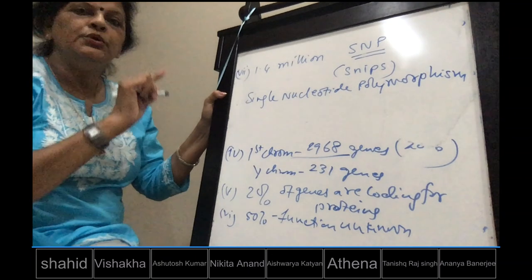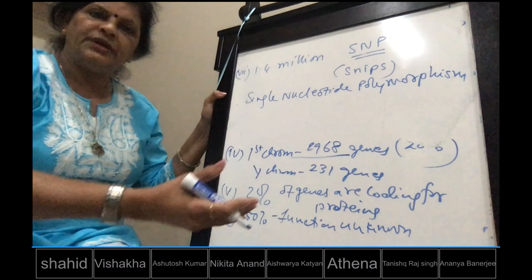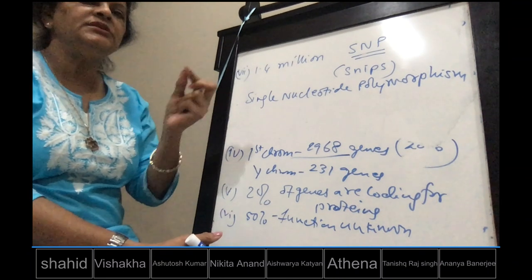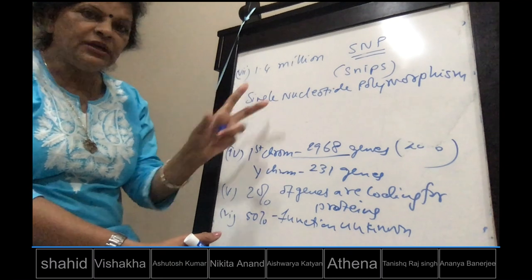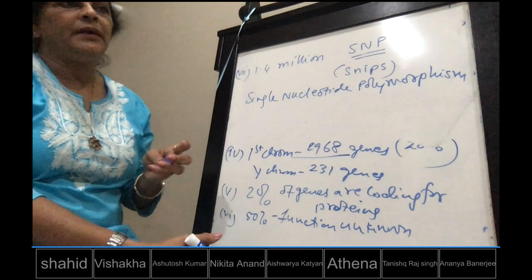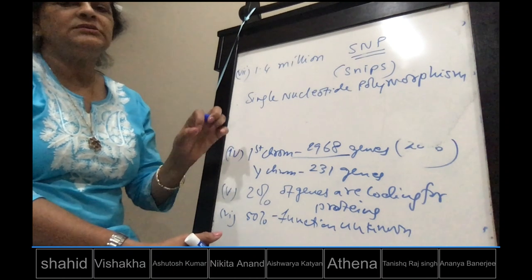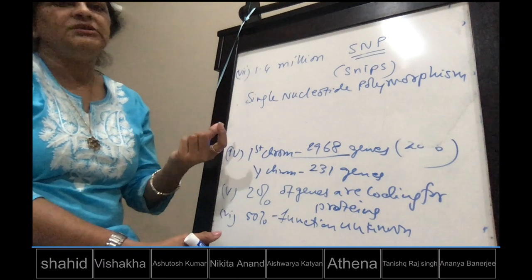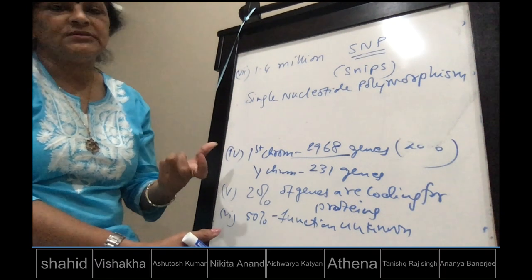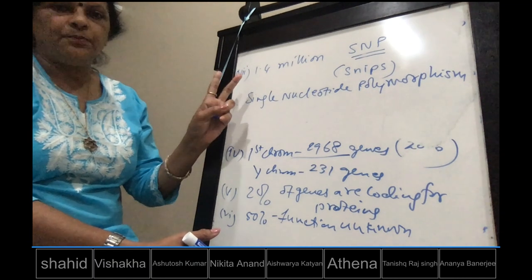So they are single nucleotide sequences. They vary from one human to another, and they are helpful in two things. They help to trace the human history, basically the evolution of man, and second, they also help in understanding which diseases are caused by genes, or genetic disorders. So these are the two important functions of SNP.